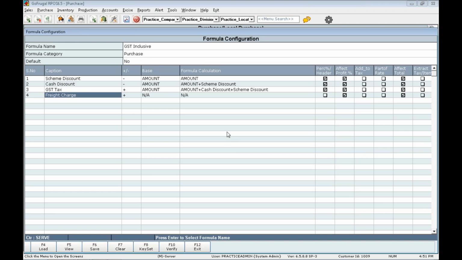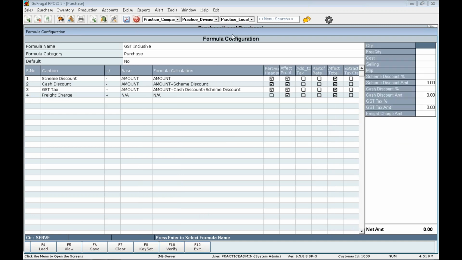And also, if you want to verify the calculation for the formula, you can use the verify key. Do one sample data entry and check whether the formula is correct or not. For example, I am giving a quantity of 1, the cost is 10 rupees, the selling is 15 and the MRP is 20.